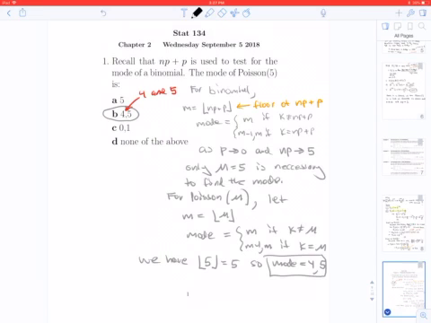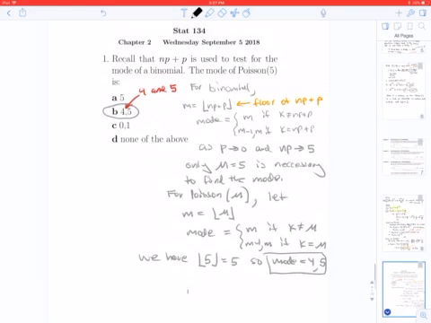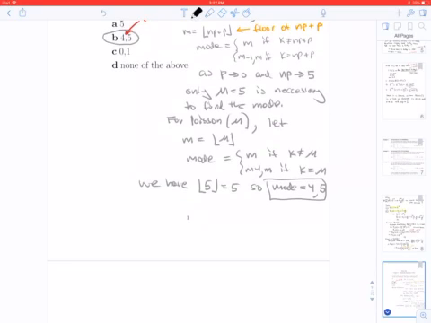Now, for Poisson, p goes to 0 and np goes to 5. So only mu equals 5 is necessary to find the mode for Poisson. So for Poisson mu, if m is the floor of mu, the mode is either m or m minus 1 and m, depending on whether mu is not an integer or mu is an integer. Now we have the